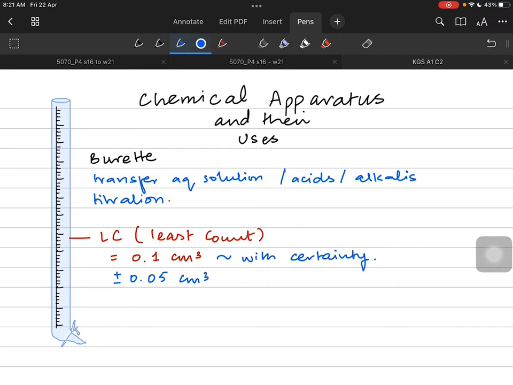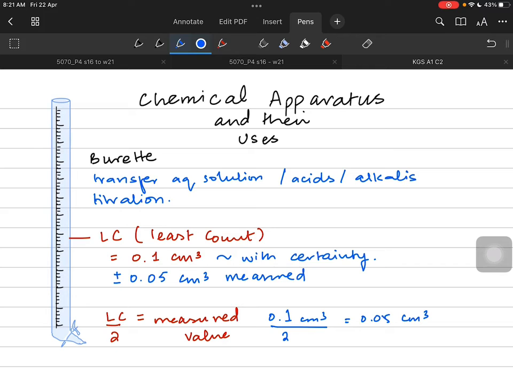So the values can be measured up to 0.05, but the value with certainty is going to be measured till 0.1 centimeter cube. The error is 0.05. So when we divide the least count by 2, we get the value of the error. So the error could be 0.05 centimeter cube. Now when we talk about a burette, which has an error of 0.05 centimeter cube, we code the values like this: